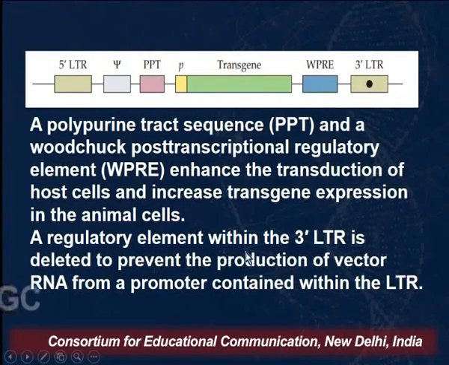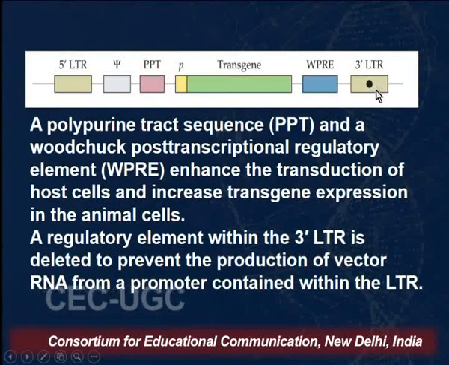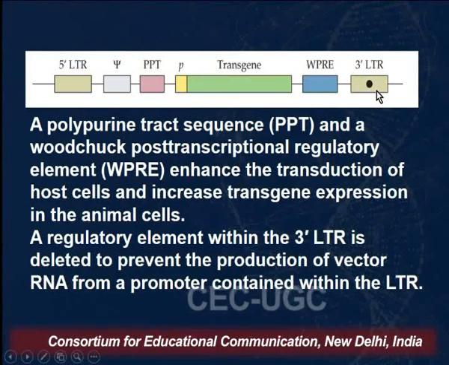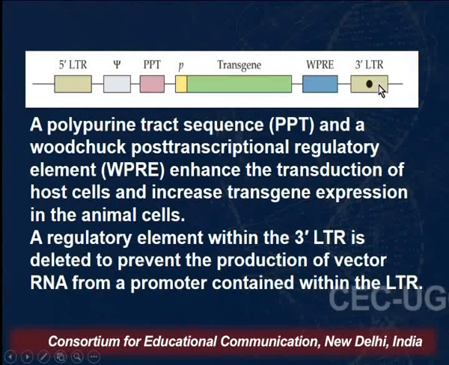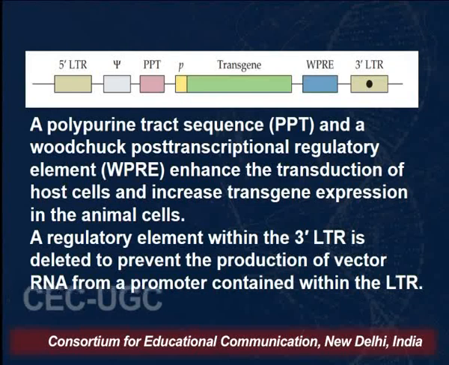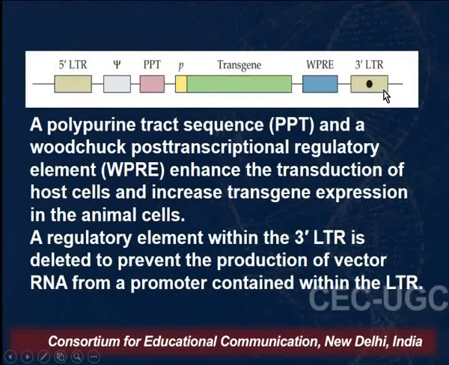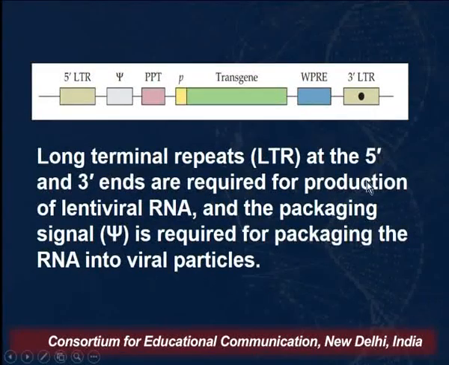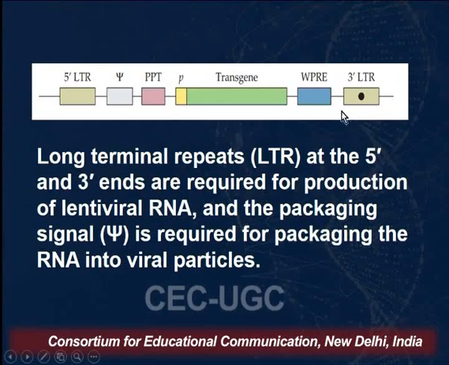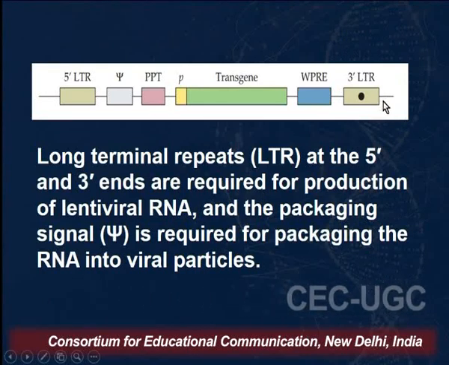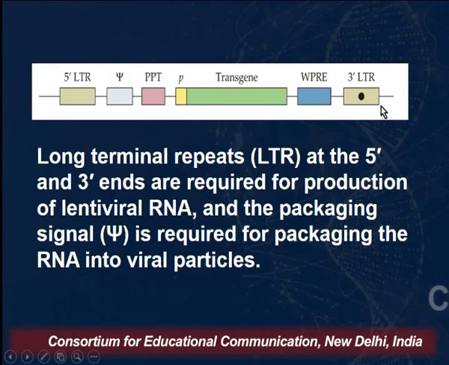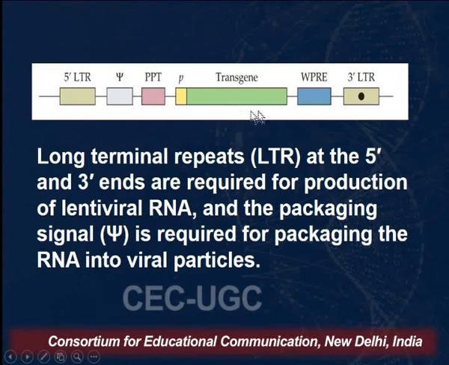Then a regulatory element within the 3' LTR, this black dot, is deleted to prevent the production of vector RNA from a promoter contained within the LTR. Now this LTR is going to be expressed to produce mRNA. As I said, they are required for the production of lentiviral RNA. So they produce that, but they also contain their own promoter. So there is a possibility that this promoter is going to express the transgene as well. But we do not require that in this case